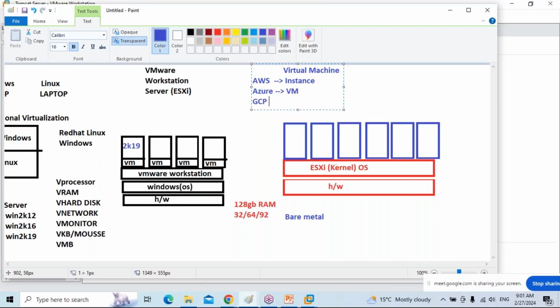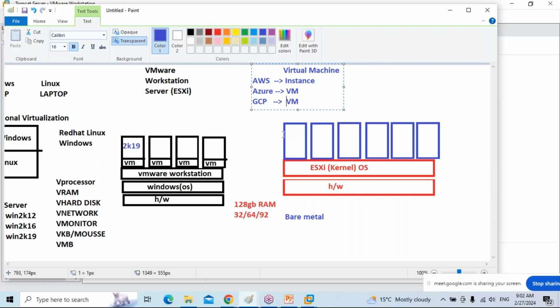In GCP Cloud, we call it a VM, virtual machine. So virtual machine or instance, both are the same. Once I start AWS, every day we'll talk about instances. So don't think that instance is different. Instance, virtual machine, both are the same.